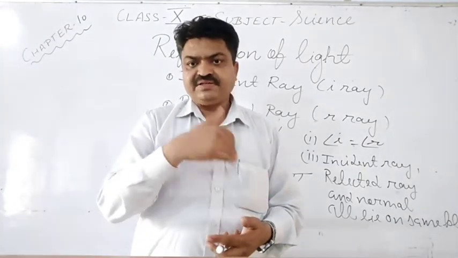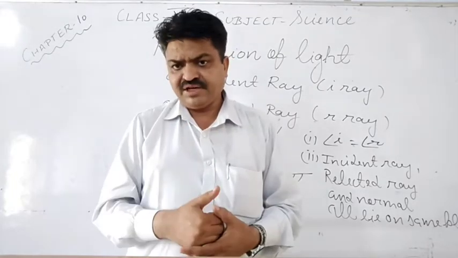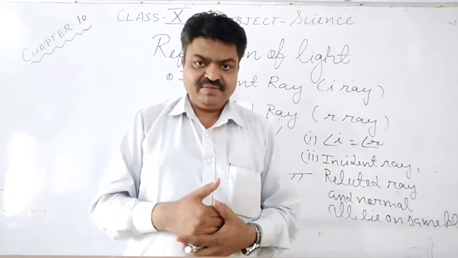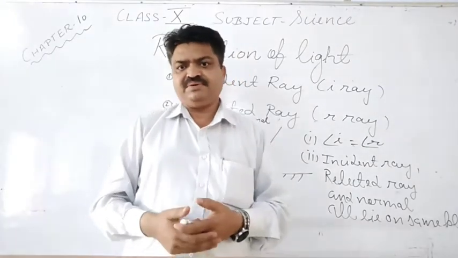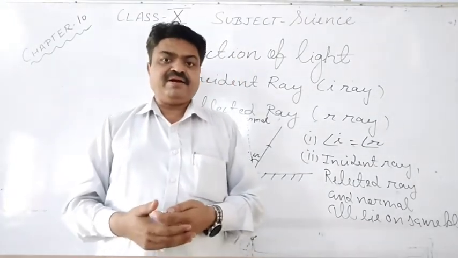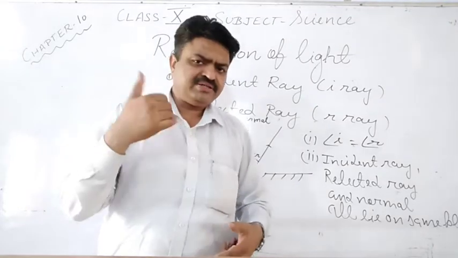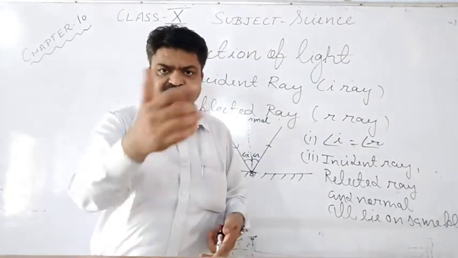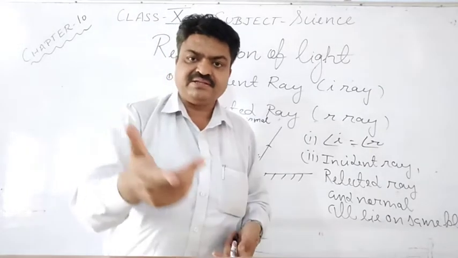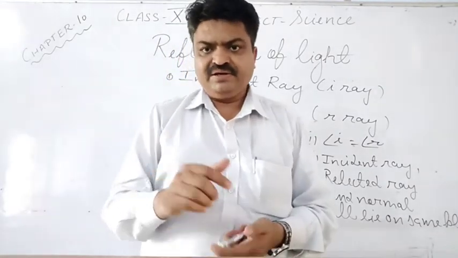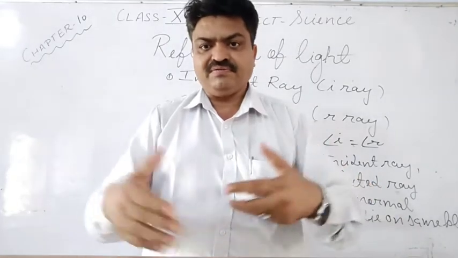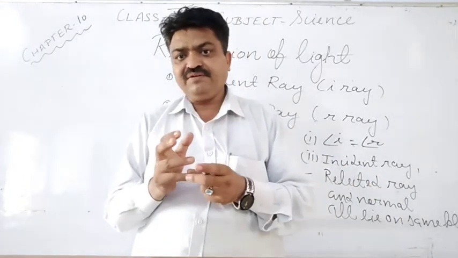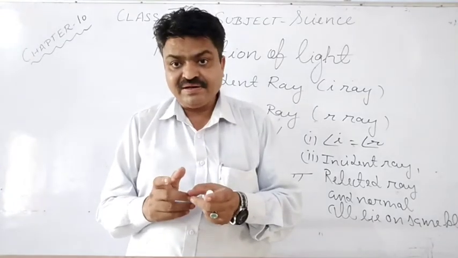So the focal length is infinity, and in the plane mirror which type of image is formed? It is virtual and erect. And there is also one phenomenon that takes place inside the mirror, student, that is lateral inversion. What is lateral inversion? In lateral inversion, our right becomes left and the left becomes right inside the mirror, and it is known as lateral inversion. So the image that is formed in the plane mirror is virtual, erect and laterally